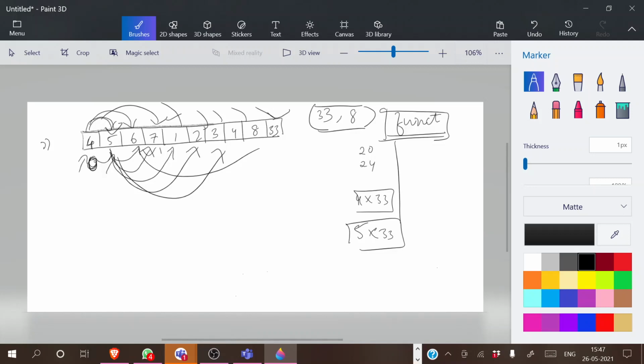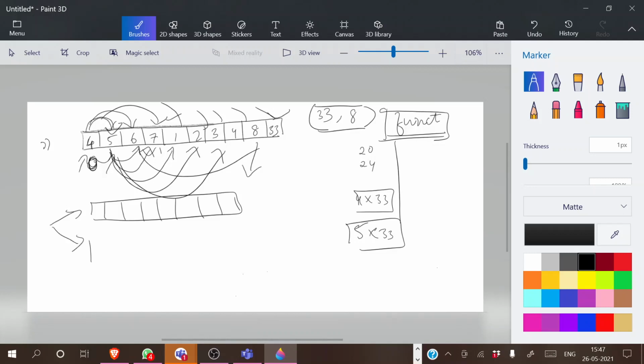Now I will come to the algorithm, like how I'm going to make the system understand to perform in this way. So what I'm going to do is differentiate this array into two different parts. This is the same array, so this will be the original array. Let's keep this original array.